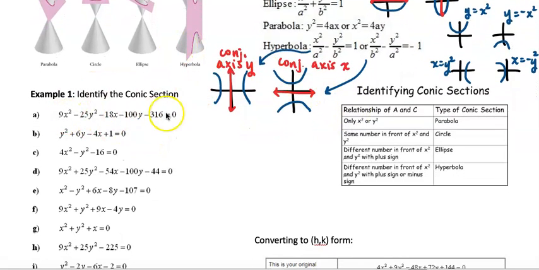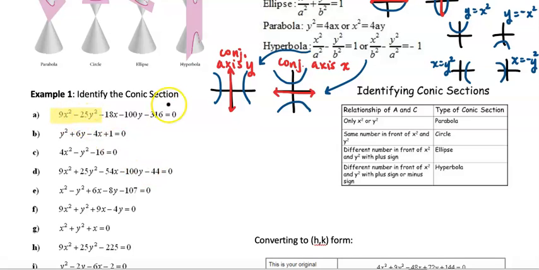So in this first equation, 9x squared minus 25y squared minus 18x minus 100y minus 316 is equal to 0. All we're worried about is this 9x squared minus 25y squared. And maybe if something's negative or positive depending on the equation, but I'm going to start by focusing on this